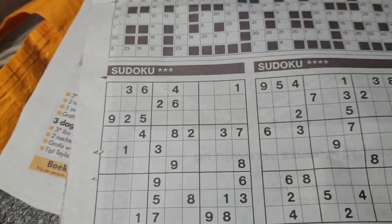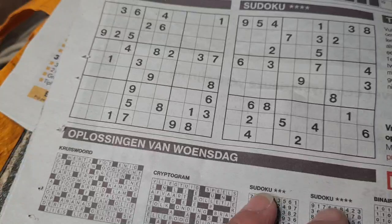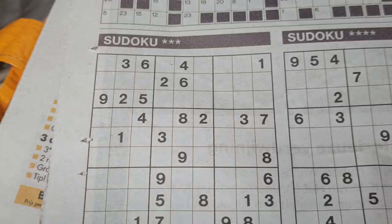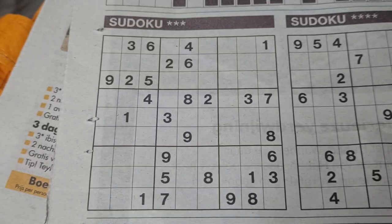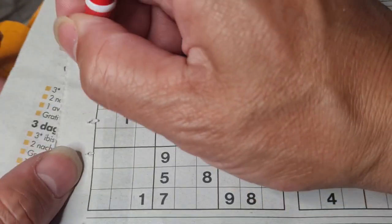Let me see. I need some space here for solving this puzzle. Come on. Right, this one. The 3 star Sudoku number 8919. And before I start,